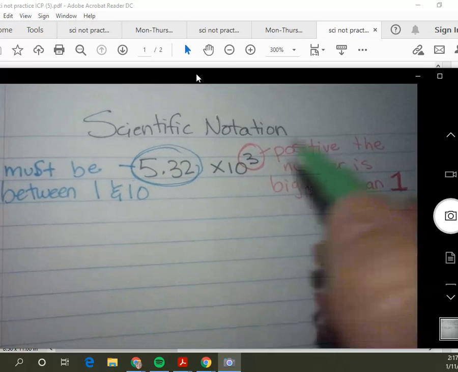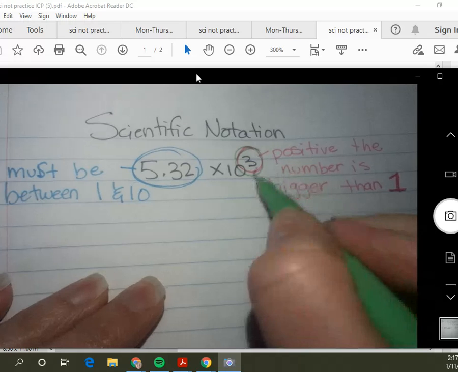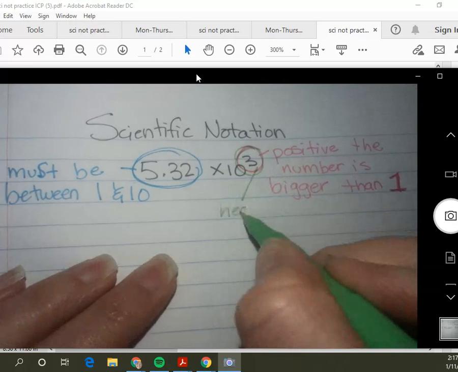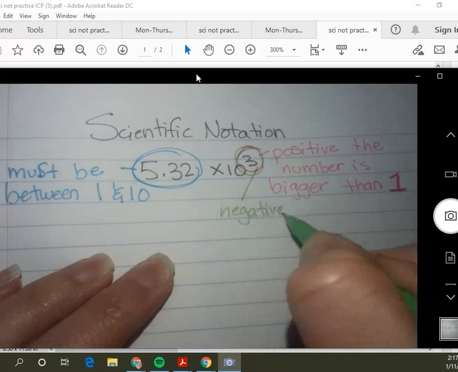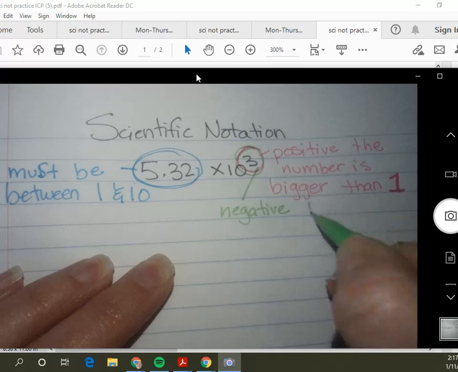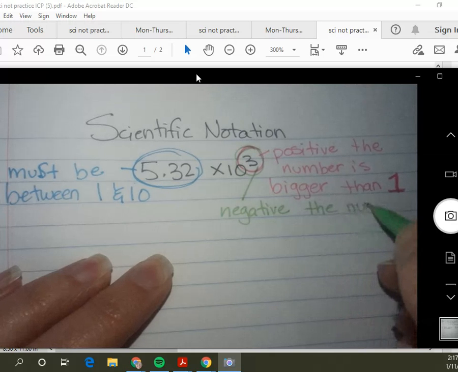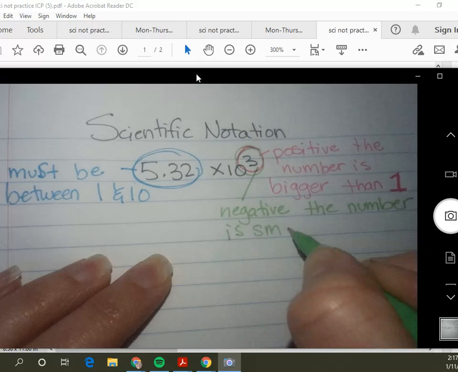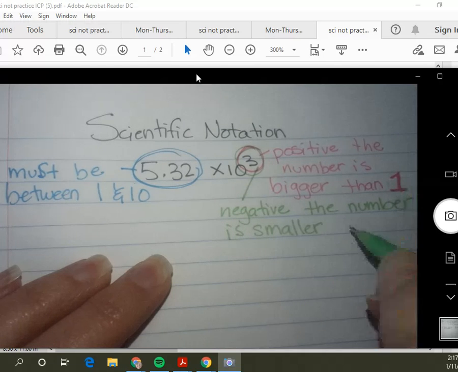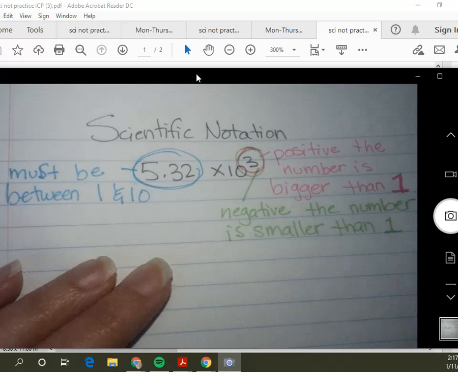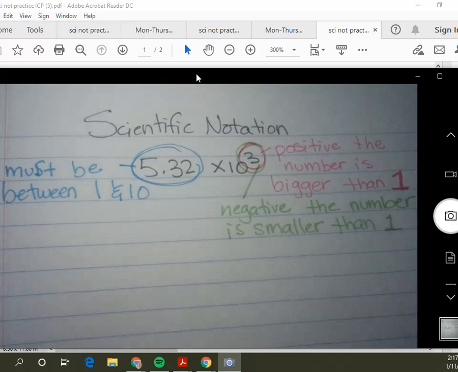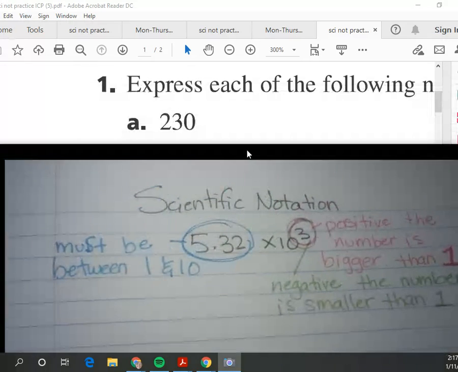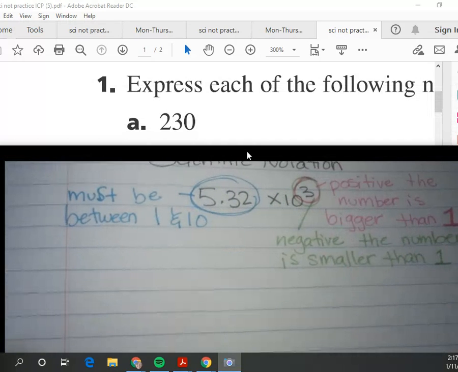If it's negative, it's smaller than 1. So it's a little teeny number. Okay. All right, so we are going to do some examples together,